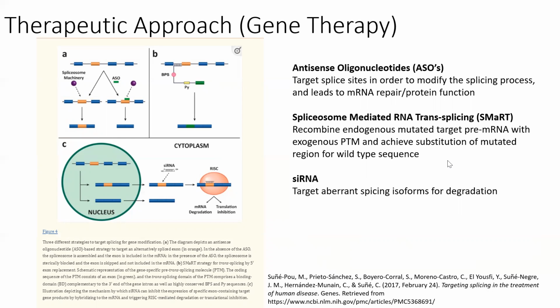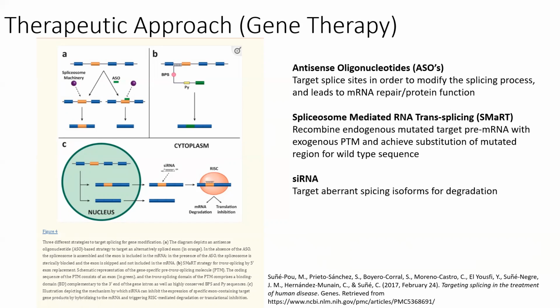And the therapeutic approach to these mistakes is through gene therapy, the first one being antisense oligonucleotides, which are short oligonucleotides guided to the pre-mRNA, and it targets splice sites to modify the splicing reaction and ultimately leads to mRNA repair and protein function. And its main mechanism is shown in this figure in part A, where it's